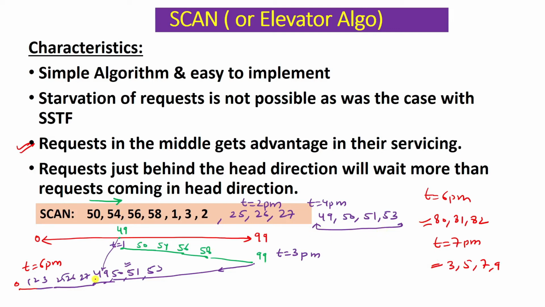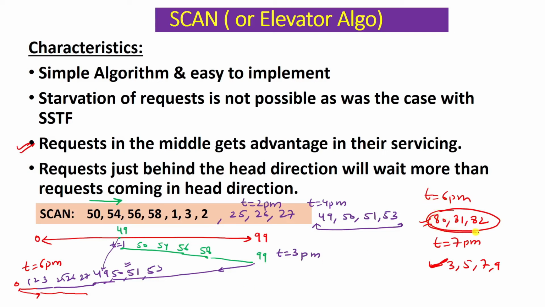So which request should I service first? You will see that first I will complete these requests, although these came later, at t equal to 7 p.m. So I'll change the direction, and after I change the direction, it was t equal to 7 p.m. I saw that these requests are present, so I'll complete 3, 5, 7, 9. And these other requests will be serviced later because they are at this end. And let's say before this, t equal to 6 p.m.